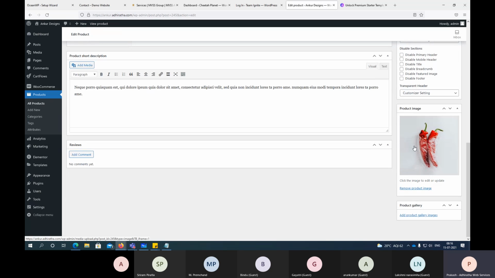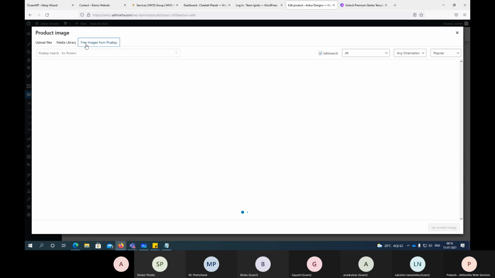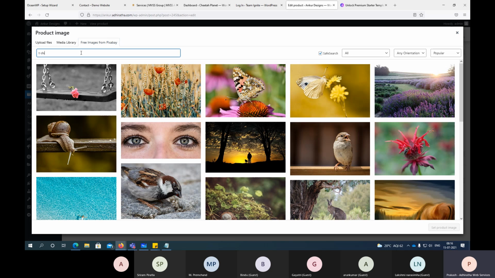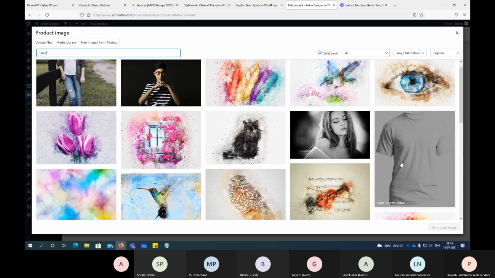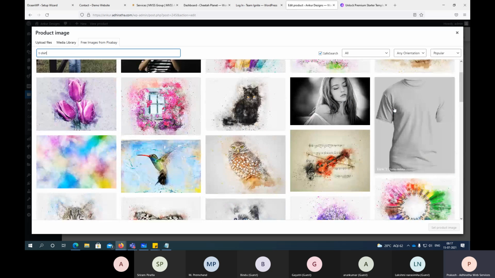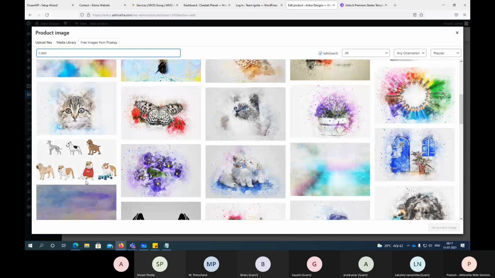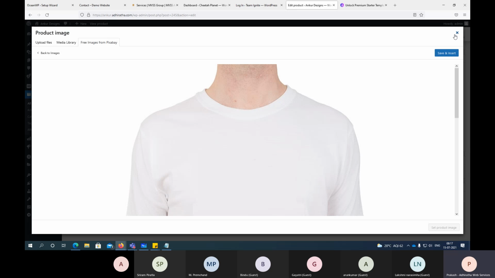Then this product image, what it is showing here, I'll remove this. Set product image. Okay, I don't think I'll get a t-shirt here. Let me try. So I selected this t-shirt, save and insert.